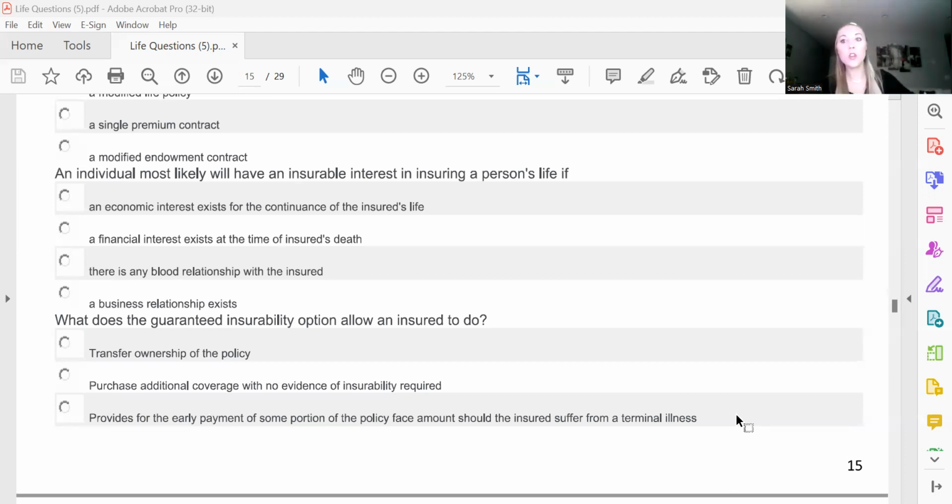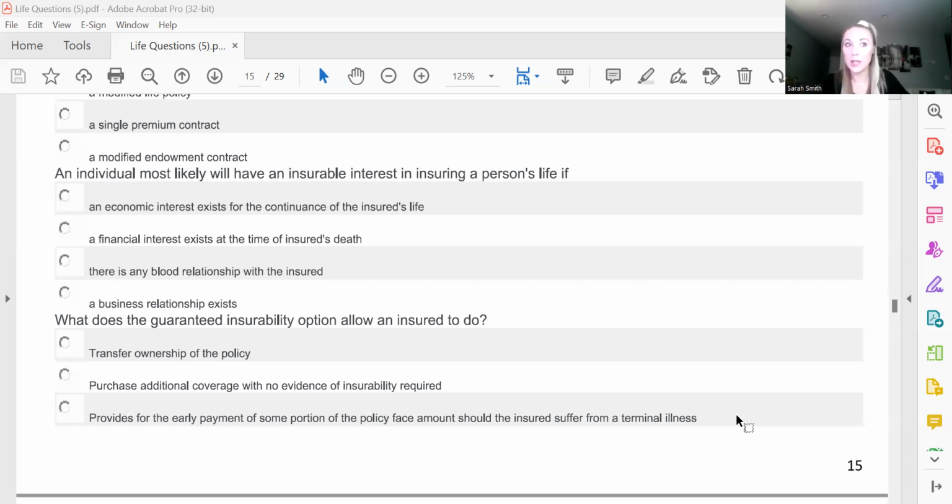So you guys know that in order to get a life insurance policy on anybody, there has to be insurable interest. So you always have insurable interest on yourself, your own life. But someone like your parents, your children, a spouse, you'll have insurable interest on them because there has to be a direct financial, I guess, consequence or burden due to the loss of that person in order for you to have insurable interest. So now this is just saying that that insurable interest has to exist for the entirety of that insured's life.